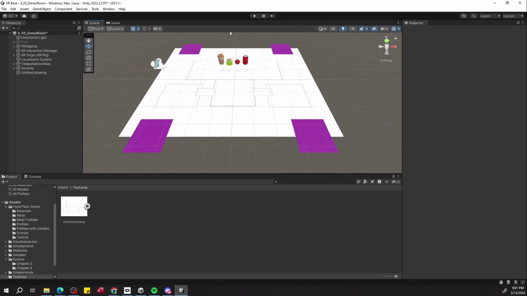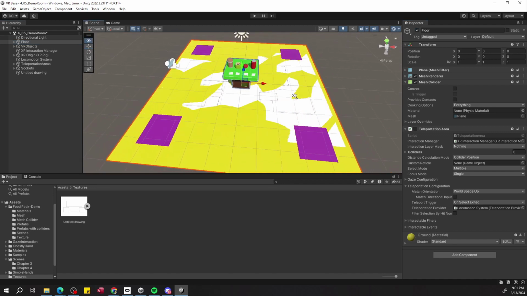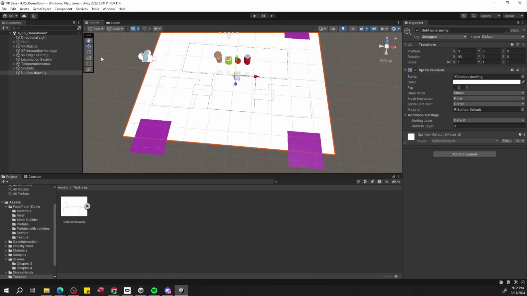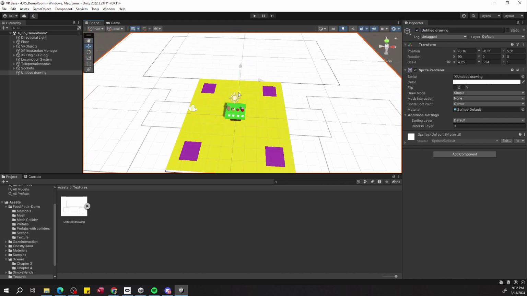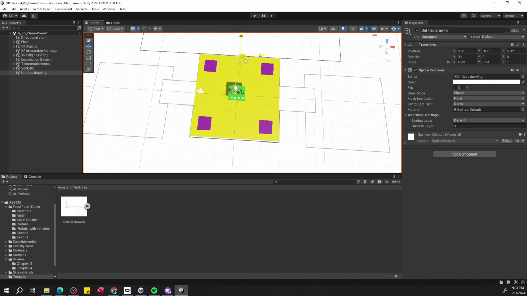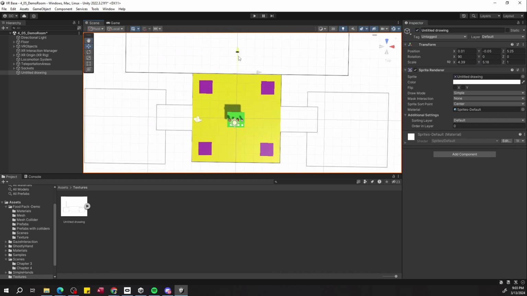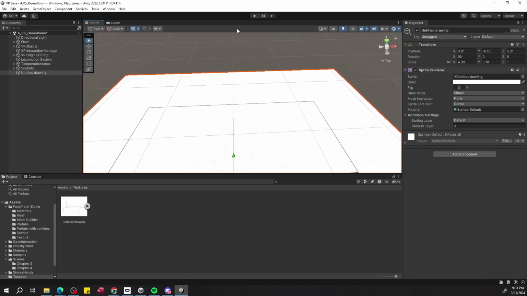So we've positioned the floor in our scene, but we need to scale it such that it fits the size of our plane. Honestly, I think that's good enough. Right about there. Okay, so now that we have this leveled and set up,